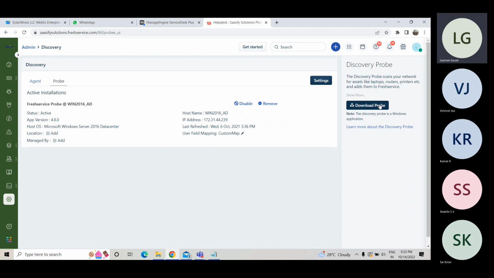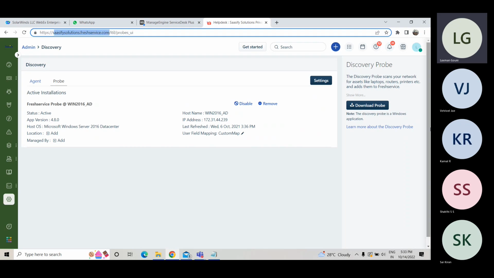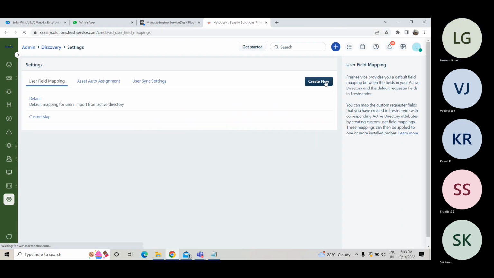And this probe, one side will be communicating to the cloud console. On the other side, it will be communicating to your on-premise domain controller. With that communication and with that synchronization of the users on the attributes that you are defining, the synchronization will happen of all the attributes that you say,